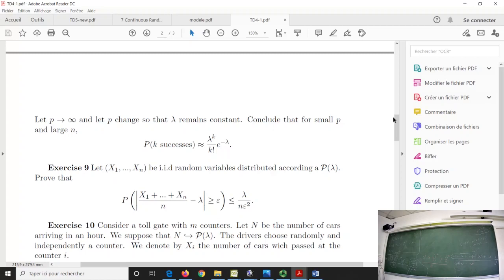It's finished now, okay? Because if I have this in mind, what I have done here, 1 minus lambda over n to the power n, goes to exponential minus lambda, and at the end, I obtain that when n goes to plus infinity, the probability that X is equal to k is equal to lambda to the power k over k factorial times exponential minus lambda, meaning that when n is big, p is small, and n times p is constant, for large n a binomial distribution of parameters n and p may be approximated by a Poisson of parameter lambda. Okay?